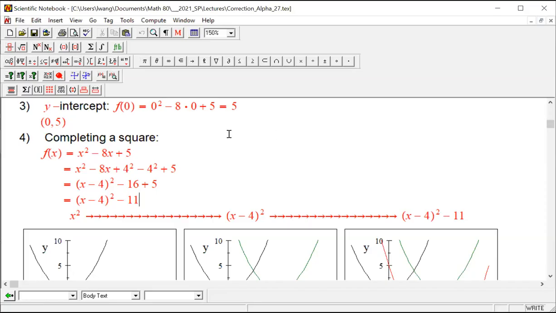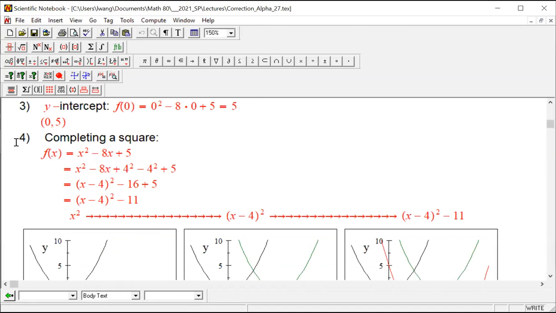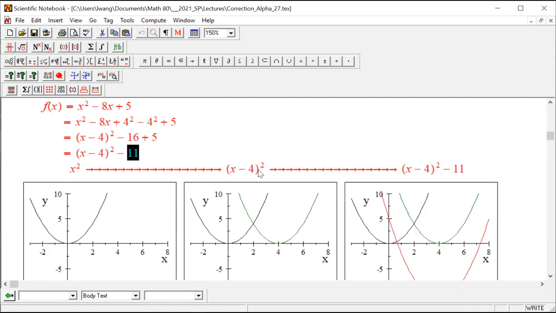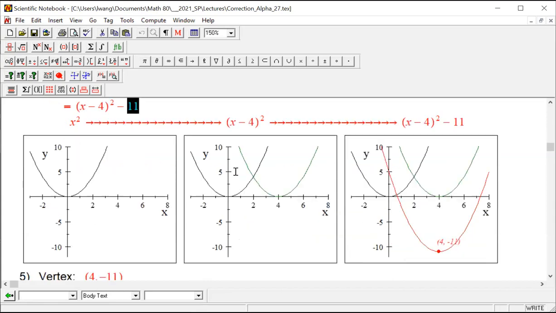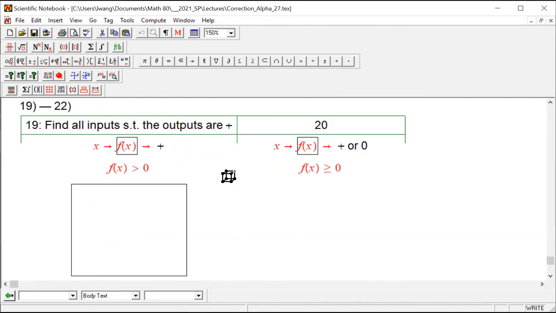Good morning, everyone. Before the spring break, we went over this question number 27. In the step of completing the square, I made a mistake. That was negative 16 plus 5. It should be negative 11 instead of negative 9. I put a negative 9 in the lecture. That was a mistake. So for that reason, I made a sequence of corrections for that entire question,